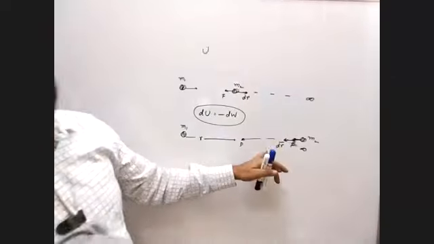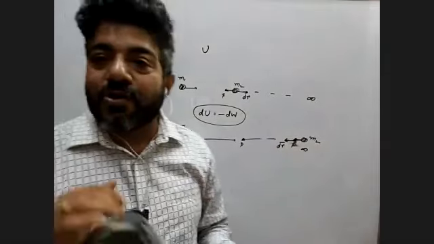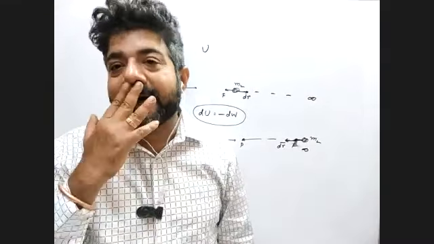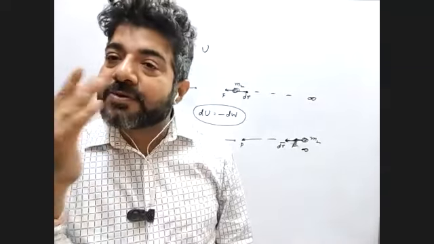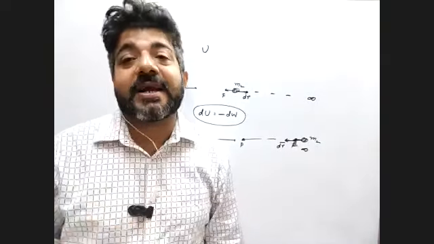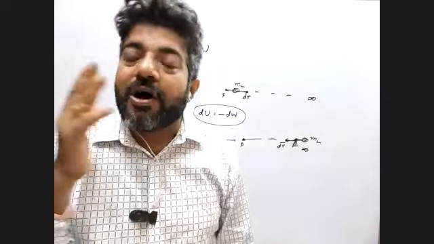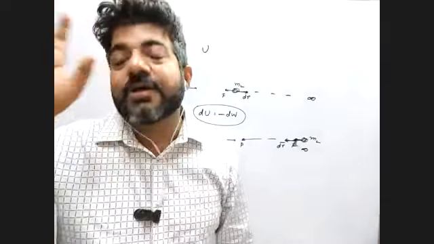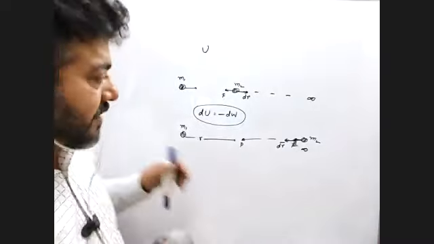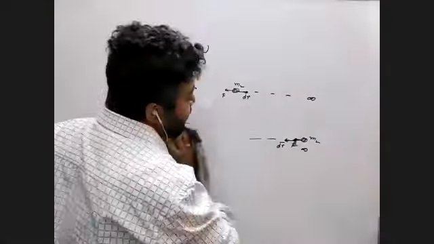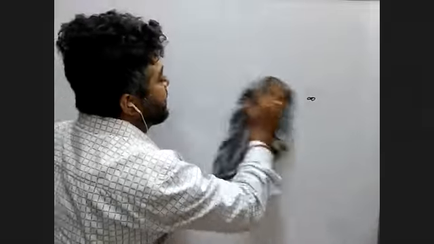So यहाँ पे कभी कोई राइटर ये वाला यूज करता है, कोई राइटर ये वाला यूज करता है। So don't confuse, यहाँ पे खाली देखना कि वो खुद वर्क डन कर रहा है कि उस पे एक्सटर्नली कराया जा रहा है। अगर एक्सटर्नली कराया जा रहा है तो देखना पोटेंशियल एनर्जी में वो माइनस ले रहा है, और अगर वो खुद से हो रहा है तो वो उसमें पॉजिटिव ले रहा है। सो डोंट कंफ्यूज इट। अच्छा, फॉर्मूला के फॉर्मेट में क्या होता है कि पोटेंशियल एनर्जी इज द नेगेटिव ऑफ एक्सटर्नल वर्क डन और पॉजिटिव ऑफ इंटरनल वर्क डन।